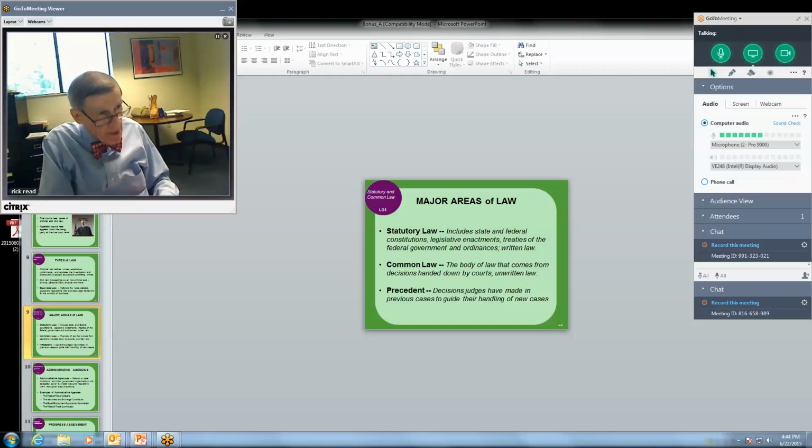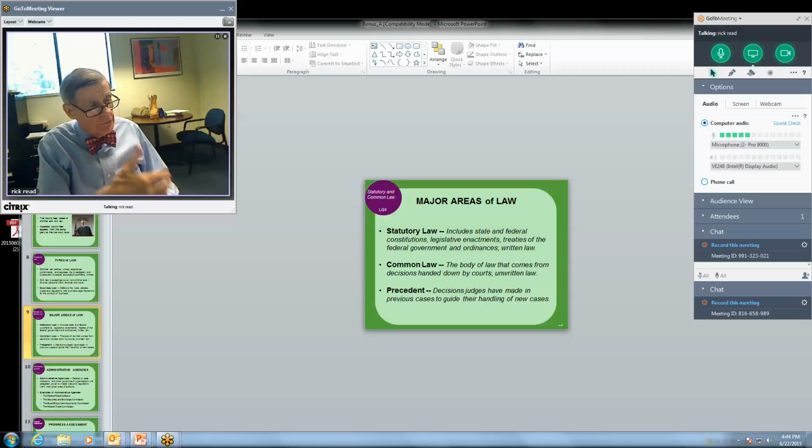Common law, on the other hand, comes from a series of rulings that have been handed down over a period of years. And people refer to this as, well, this is what common law says. But common law is not written. You won't find that written any place. But these are things that we have accepted to be true and have followed for many, many years. And in fact, in cases for centuries.